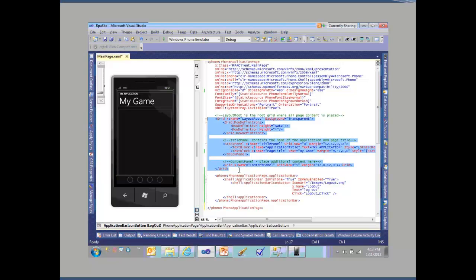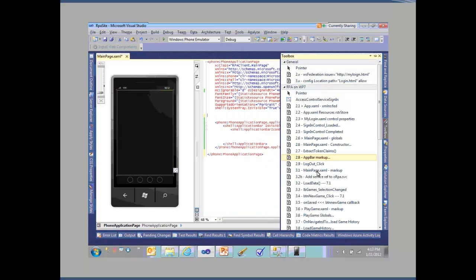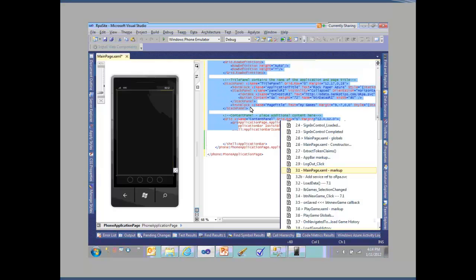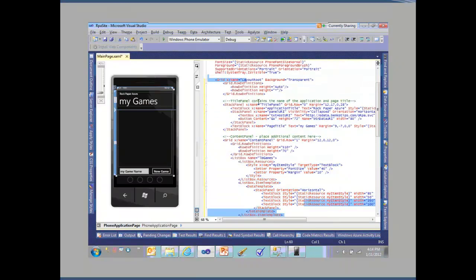What I'm going to do is, instead of going through and creating this XAML from scratch, I've got the XAML, the actual markup, just sitting right here. I'm just going to drop that in, and I'll explain what this has got. First thing is that I've got a couple of row definitions. I've got a stack panel for the top, which says, here's my games. One of the things that I have inside of my games is I also have a stack panel,